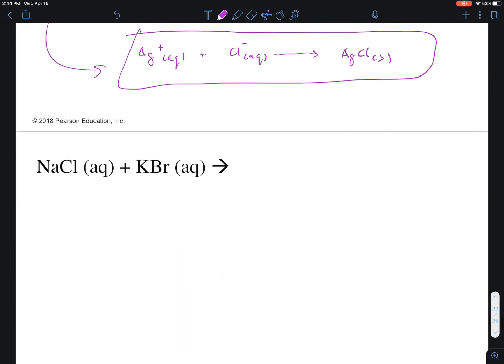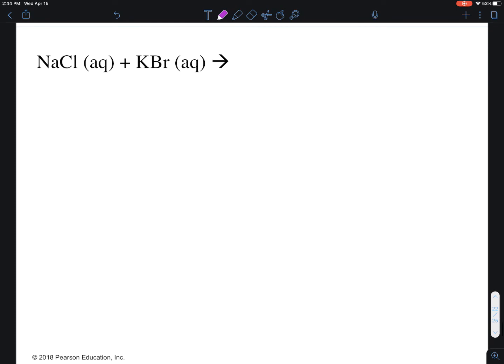All right, so that's the net ionic equation for a precipitation reaction. Let's see about sodium chloride and potassium bromide. So you first want to write out the balanced equation, to start, just by swapping the ions. So sodium is going to pair up with bromine, NaBr. Potassium is going to pair up with chlorine or chloride, right? Those are your products. Consult your solubility rules, and you see that sodium bromide is soluble in water, as well